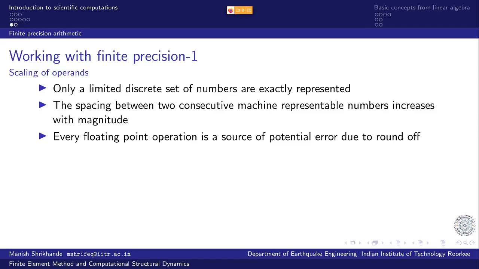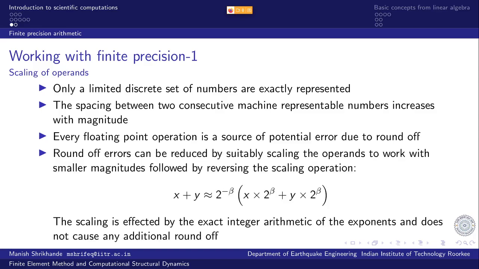So every floating point operation is a source of potential error due to round off. It may be a large round off error or a small one, that depends. And these round off errors can be reduced by suitably scaling the operands to work with smaller magnitudes, followed by